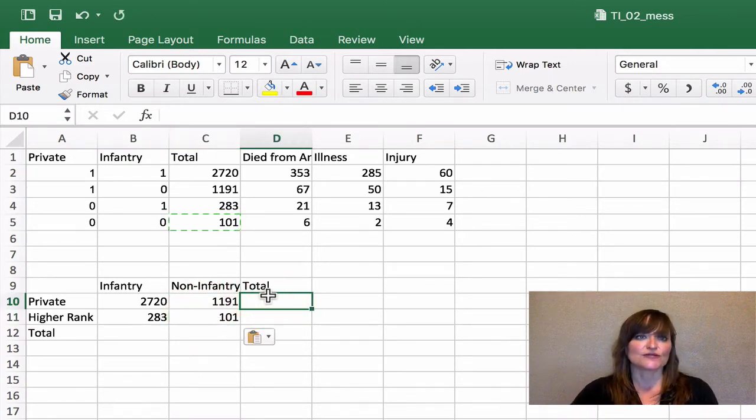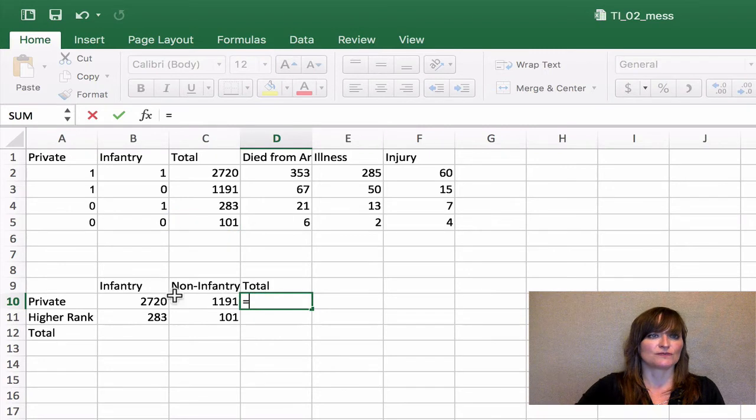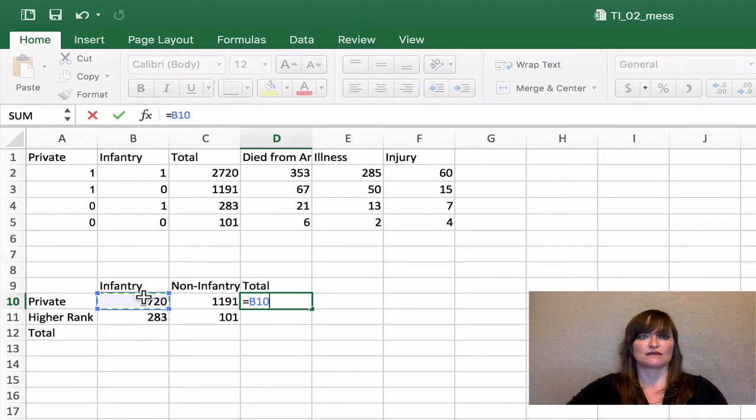Let's find some totals. So we're going to sum across the levels of duty in order to know what's the total number of privates in this data set. So here in D10, we want to have that equal to B10 plus C10.